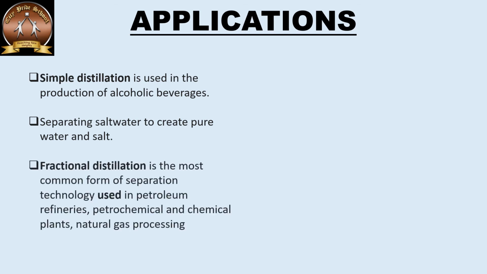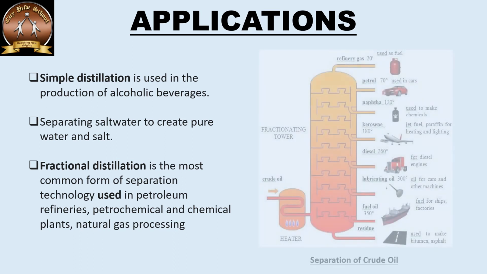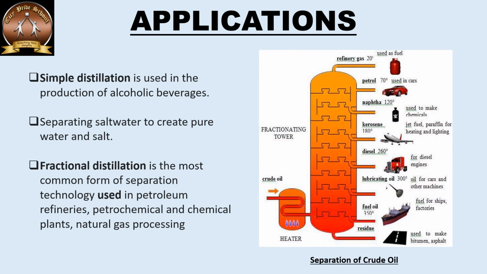Next is fractional distillation. Fractional distillation is used in industries such as refineries, petrochemical industries, and chemical plants. This is the setup of the fractional distillation. This is a very huge kind of distillation apparatus, about 30 to 40 meters large. It is altogether having its usage at the industrial level. So you can see on the right hand side that different categories of petrols, diesels, or fuels are being extracted according to their usages. So these are the wide applications of distillation and fractional distillation.